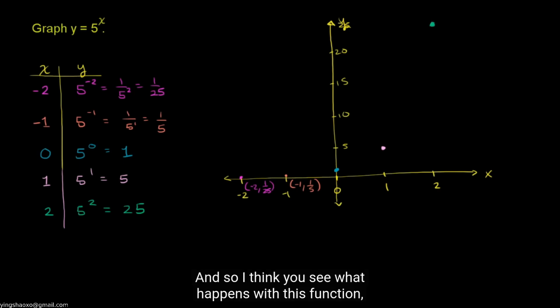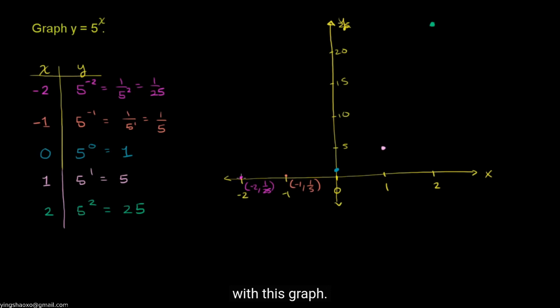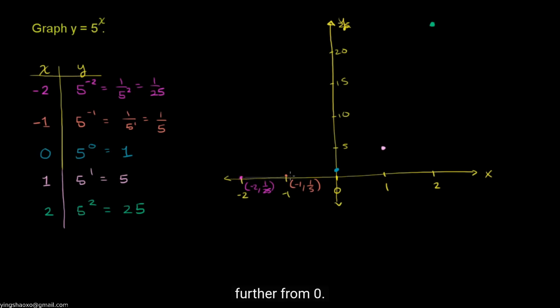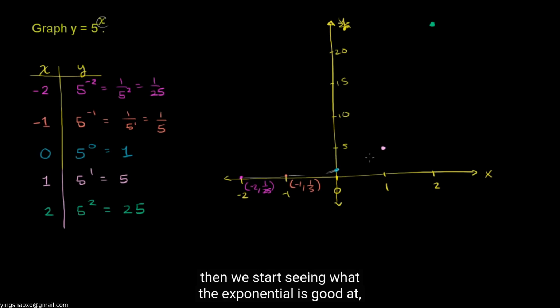And so I think you see what happens with this graph. The further in the negative direction we go, 5 to ever increasing negative powers gets us closer and closer to 0, but never quite. So we're leaving 0, getting slightly further from 0. Right at the y-axis, we have y equal 1. And then once x starts increasing beyond 0, we start seeing what the exponential is good at,